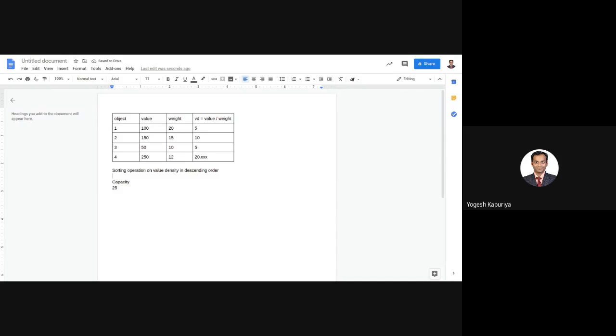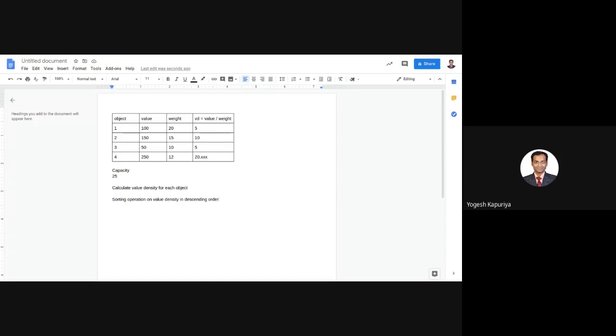So the first step was to calculate value density for each object. Second step, you sort the objects on value density, in decreasing order.